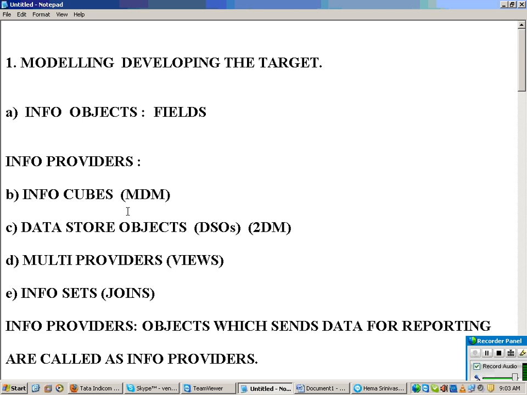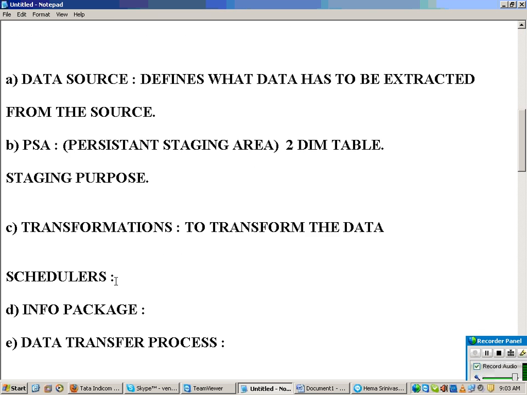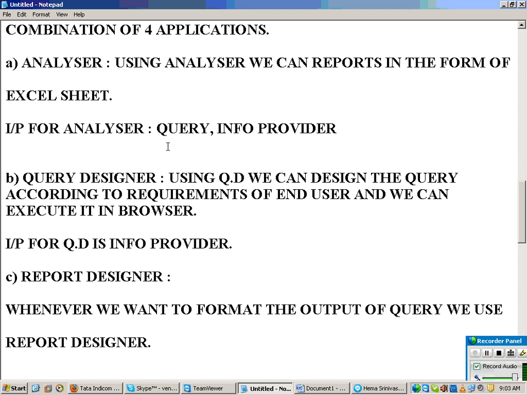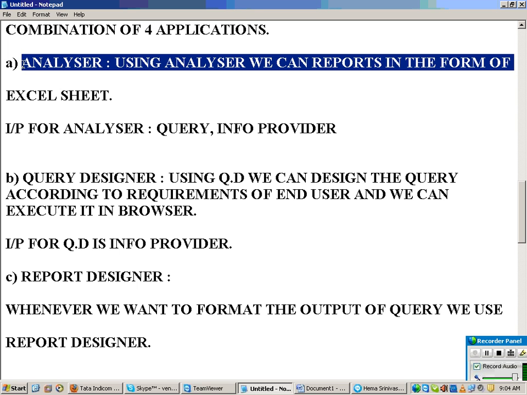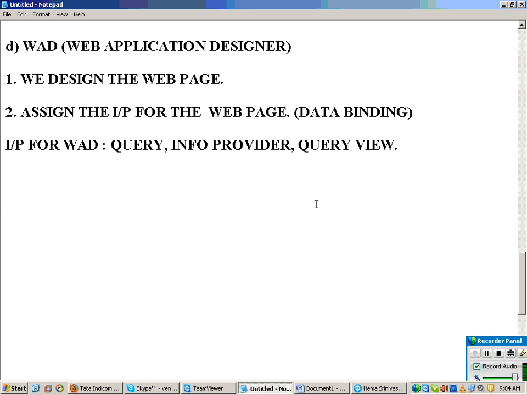When I design a report using Analyzer, that will be called a query view. That is your reporting tool, WAD. But out of this, the important application is the query designer. For all of these, the input is again query only.